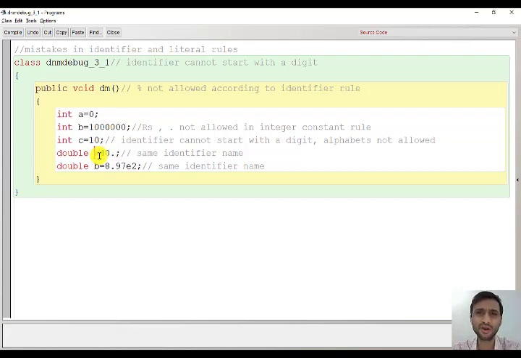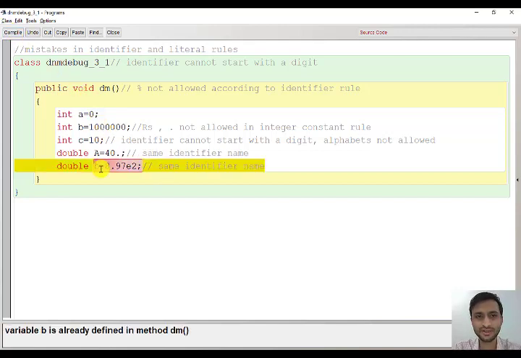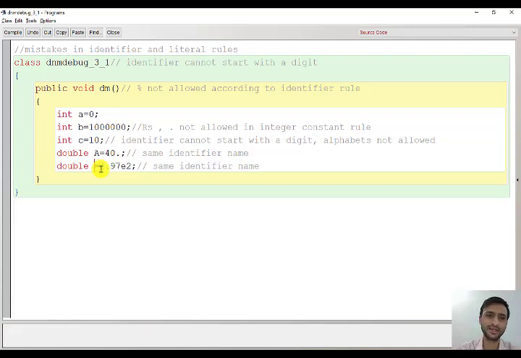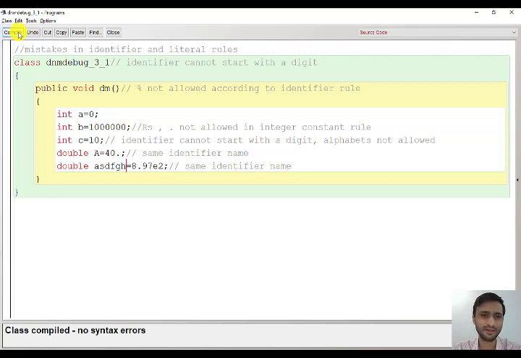But if you want to take A only, take capital A or some other variables if you want. Other identifier names. And 40 point is fine, okay? According to the rule of Java, the real constant rule, you may give 0, you may not give 0. It is optional. So now it is correct. But here again it is wrong. Why? Again, B is already taken. You cannot take B. But if you want to take B, you can write capital B or some other variables. Any variables, right? But it should be according to the rules of identifier. Compile. And now the whole program is correct.